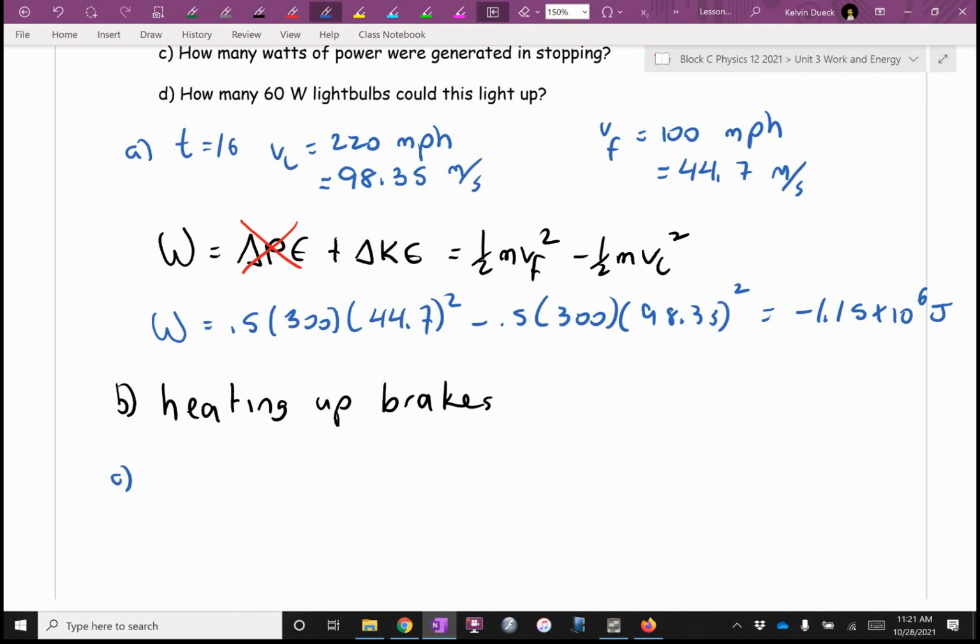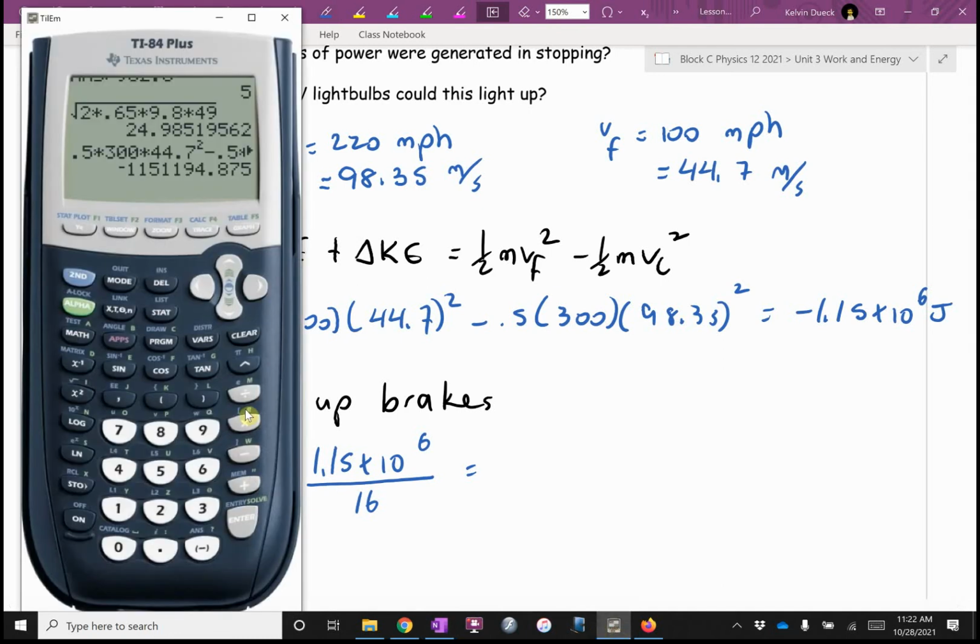Rachel, what's C want me to find? Power. Well, power is either work over time or it's force times constant speed. Is there a constant speed in this? Nope. What did we find in part A? Work. We can do it that way. So I'm going to write 1.15 times 10 to the 6th, use my answer button, and what do we say the time was? I'll ignore the negative that continues through my calculations right now, but this would be a power loss, so you could think about it as negative if you really wanted to. It's going to be this number divided by 16, and I get